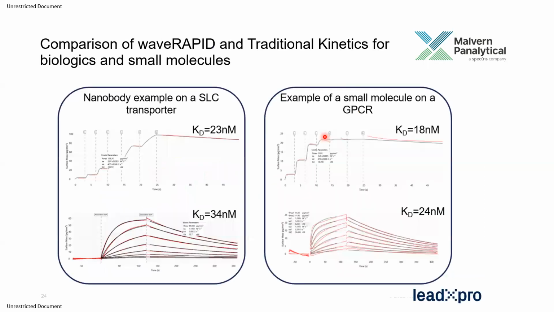Lastly, I also want to show you a comparison of WAVE RAPID data versus traditional kinetics data. This is a data set generated by one of our CROs in Europe, LeadXpro. They use our instrument for a variety of applications. On the left-hand side is a nanobody binding with a transporter. You can see on the top panel the WAVE RAPID results that they were able to achieve,